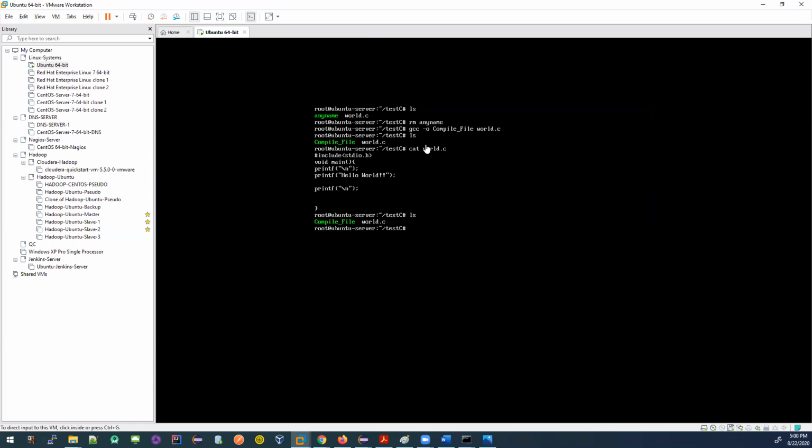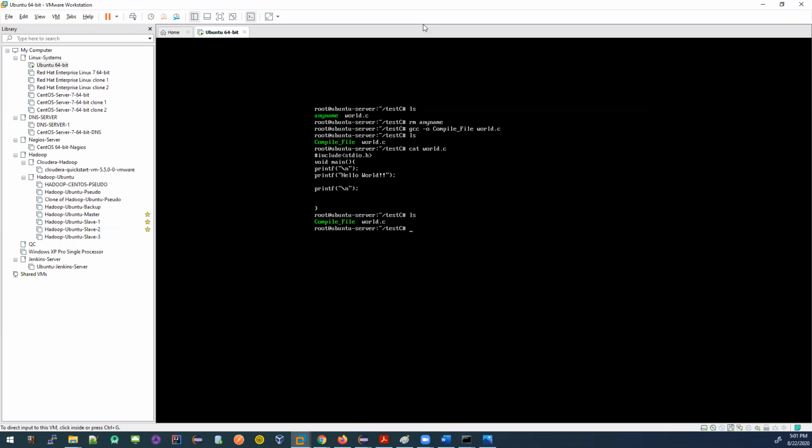But what Java is saying is, when you write Java code and you compile it, that compiled version of the Java code can be used on any operating system. This is why it's called machine independent. That means I can write Java code on Mac, or I can write Java code on Linux, and I can execute that compiled code on any other operating system. This is one thing, okay?